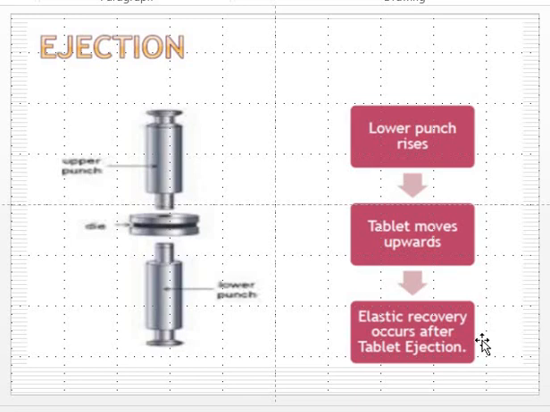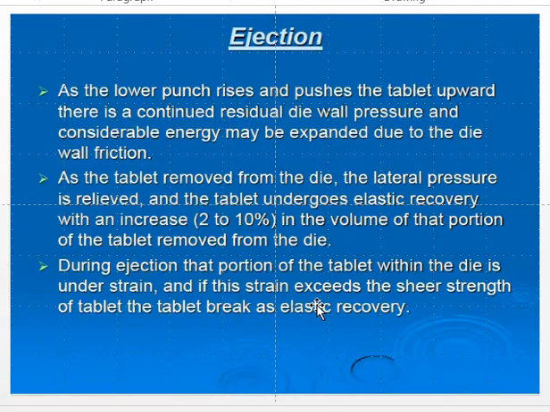Now in this case, sometimes the force applied from the downside can cause breaking of the tablet. So the tablet must have a little bit of hardness, or the ability to absorb the stress developed because of the pushing of the lower punch. In this condition the tablet should not break down. That is why the tablet must have some hardness or compactness. So this is called ejection.